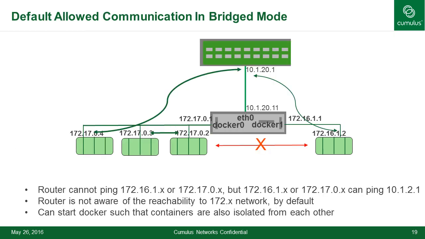So when you look at the default communication mode that Docker allows, essentially you have these various containers that can communicate with each other, and these various Dockers can communicate with an upstream node, but they cannot communicate with another Docker bridge that has been constructed in this network. And we'll see all of these in just one second when I switch to the demo. So give me a second while I switch to the demo.